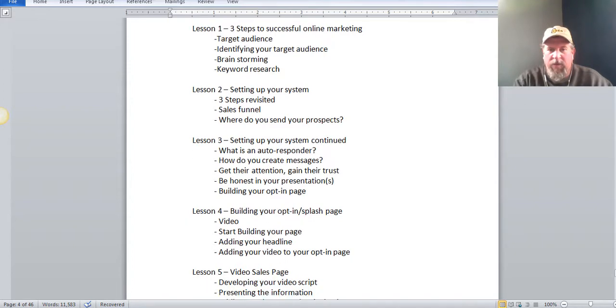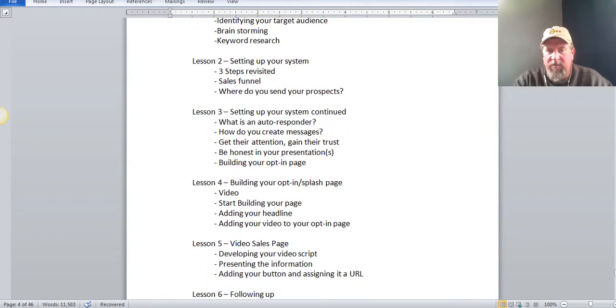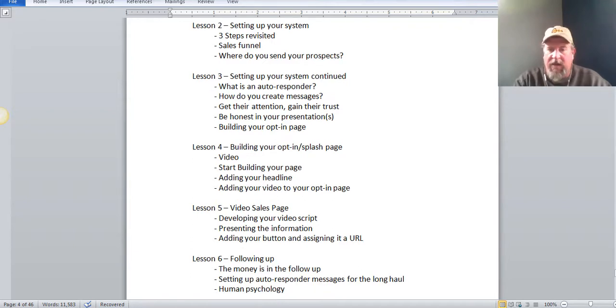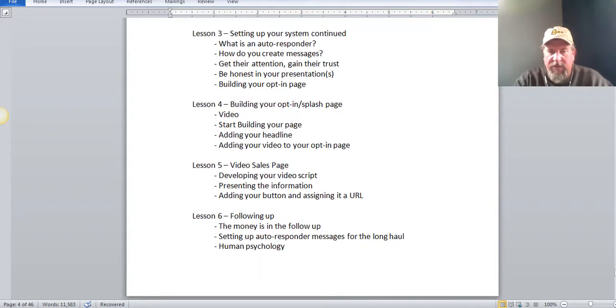But within those steps are skills that I have just picked up over time that I kind of take for granted. I think that's part of the reason why this is taking so long. There are so many things I take for granted, and I have to remember that some people here have never done anything online. So I want to make sure you get everything you need. You're going to see it's pretty detailed, pretty comprehensive.